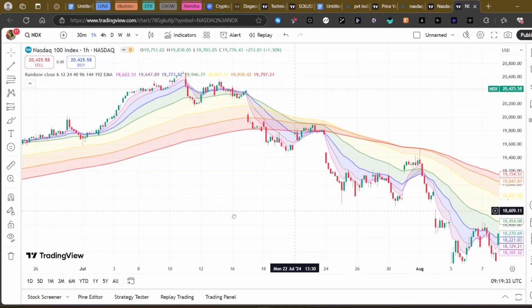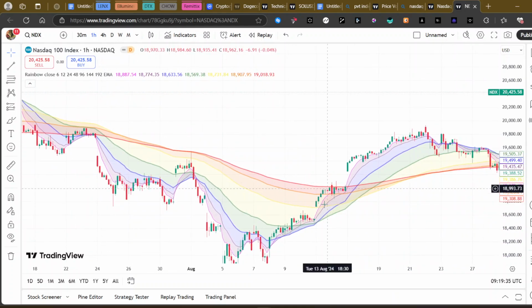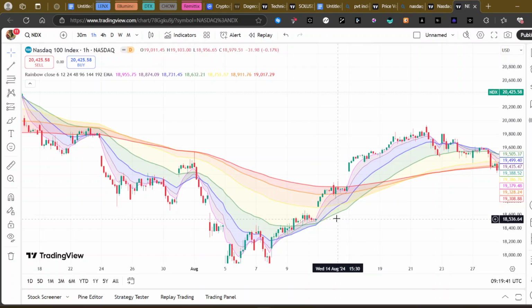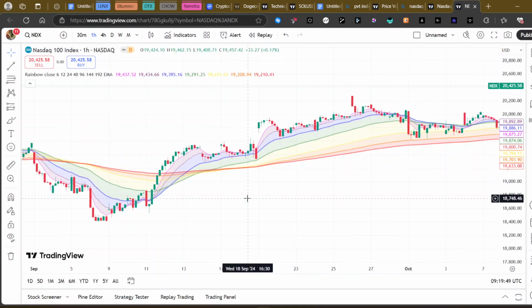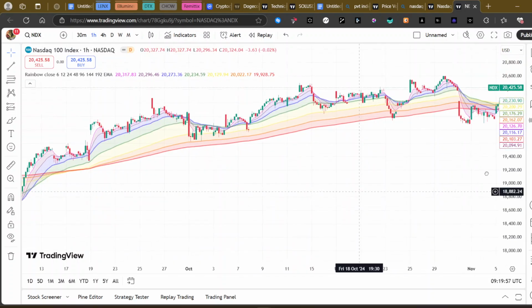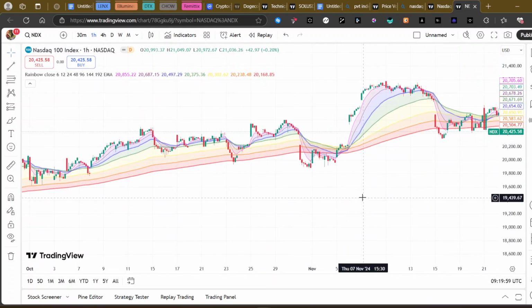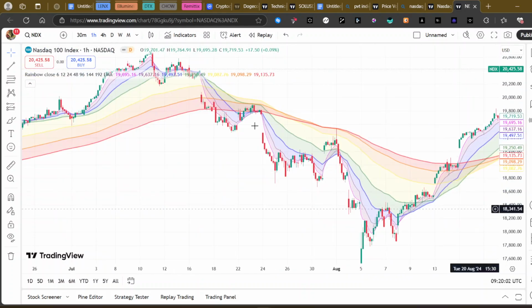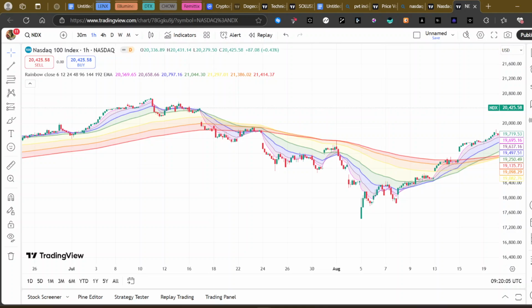On the flip side, if price breaks through the entire rainbow structure and closes above it, that is a bullish breakout, and it could be a signal to exit your sell trade. But if you are in a buy trade and the price breaks below the moving averages, it could be a signal to exit your buy trade. Now, before you go applying the rainbow moving average to every trade, let's talk about some common